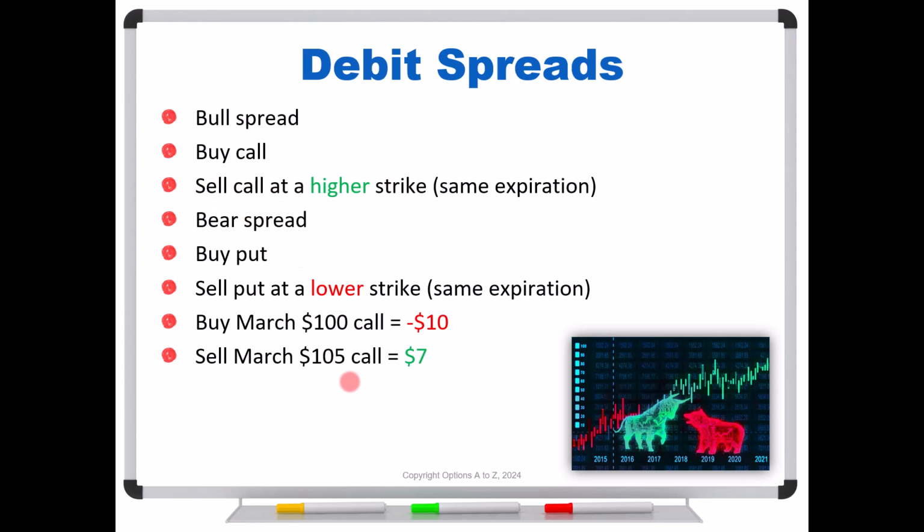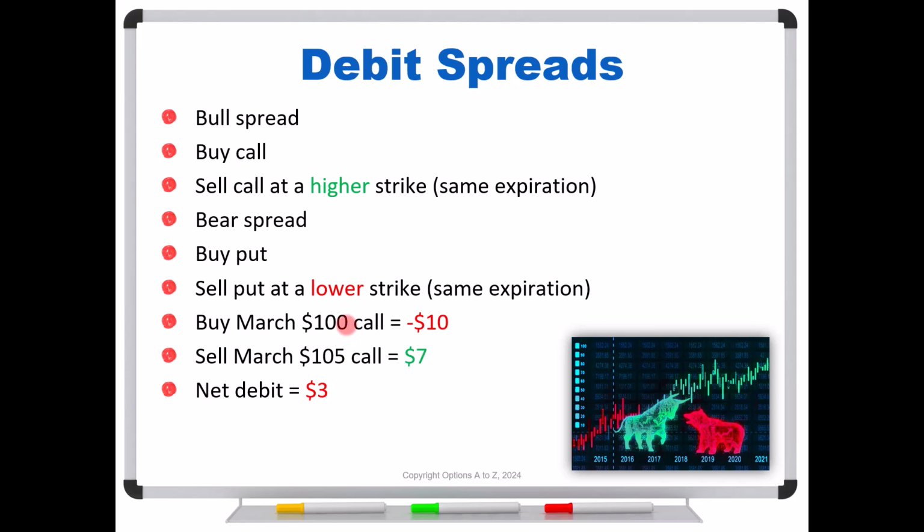So remember, what's making this a debit spread is that lower strike calls must be worth more money. They give you the right to buy the shares for less money. And so that's a benefit. So the market's going to push that price of the 100 call higher than that of the 105. So we know if you buy the 100 call and sell the 105, it is absolutely going to be a net debit. So in this example, it would be a net debit of 3. And that's just the net between these two prices. You're spending 10, but you're collecting 7. So on a net basis, it's going to cost you $3 or $300 per vertical spread.